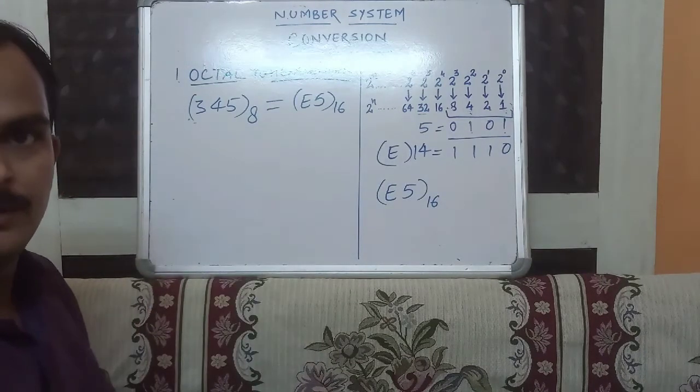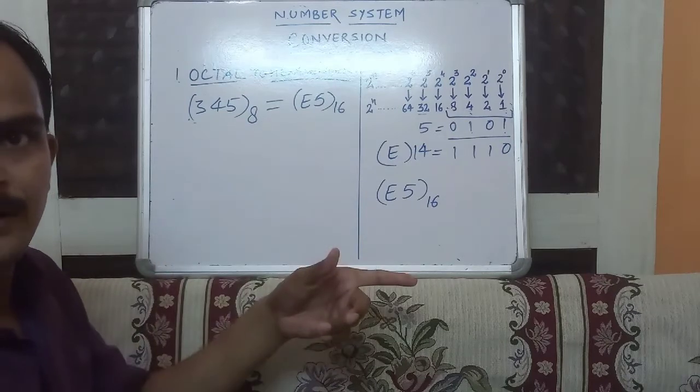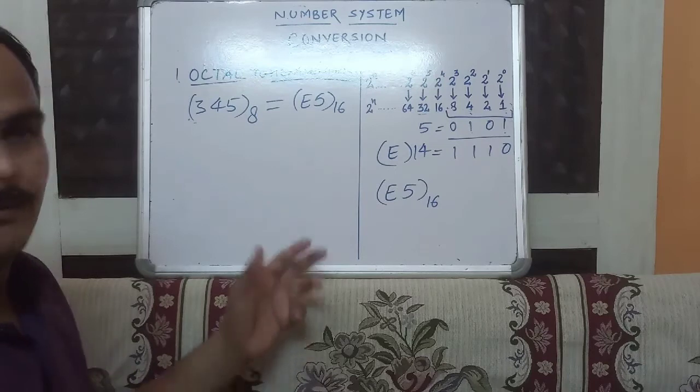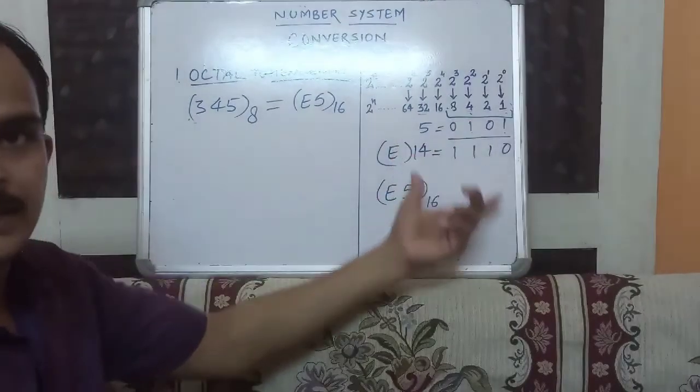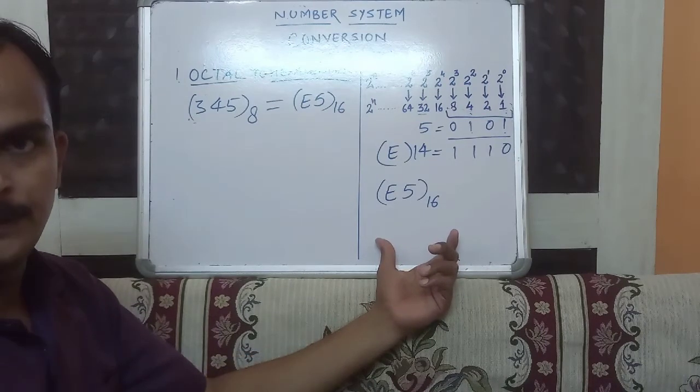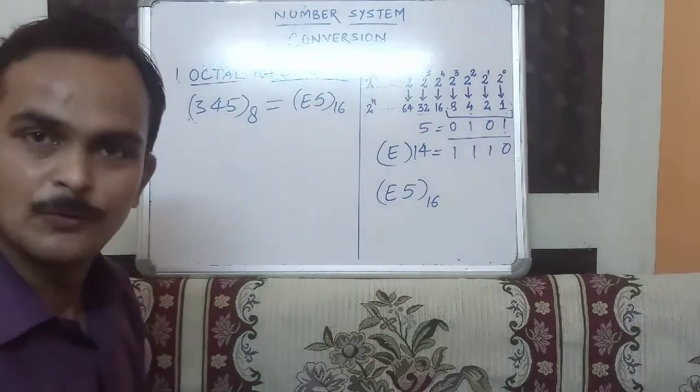So to calculate the hexadecimal value from the octal number, we have to make a two-step process. First we will convert the octal number into the binary value, and after that from the binary value we will make a 4 bits combination, and we will apply that combination in this series, and we will find the resultant value in terms of hexadecimal. So that's all for today.